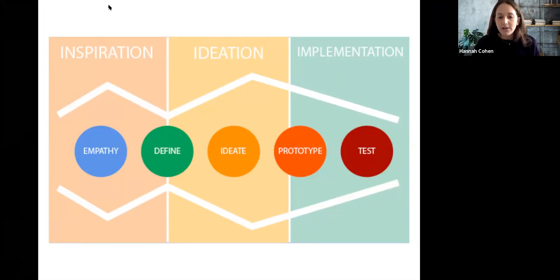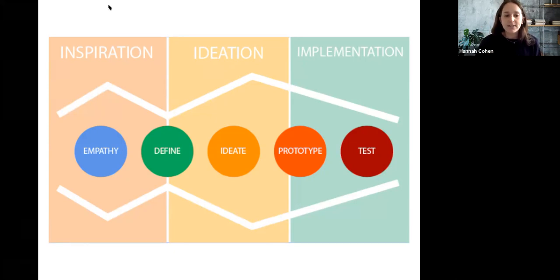more specifically, we like to use an approach called human-centered design. And I think it's been getting a little bit more popularized throughout different industries. Some of you may have heard of it. But human-centered design is a philosophy that empowers an individual or team to design products, services, systems, experiences, really anything to address the core needs of those who experience the problem. So really shifting the focus back onto the user and to the person who you're really designing for.